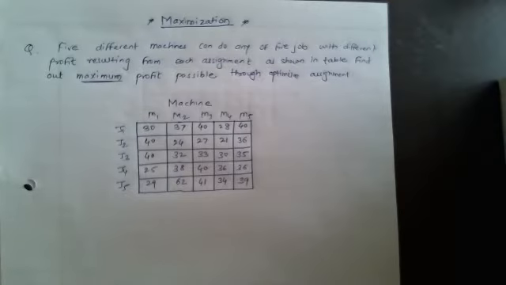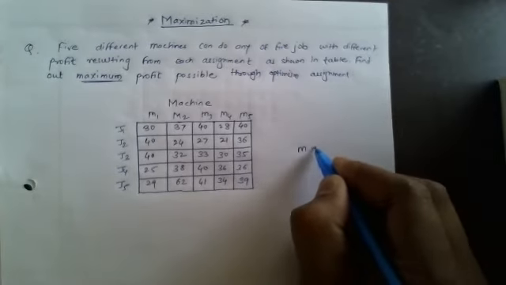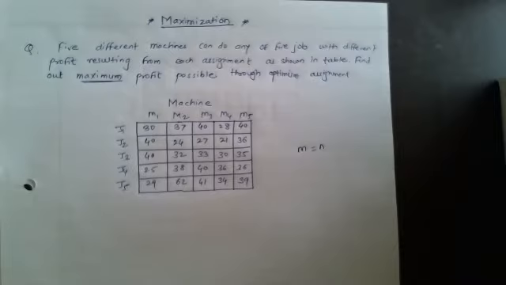So the first step, same thing here, we have to check whether the given matrix is a square matrix or not. Similar to the minimization numerical, what is the first step? Check whether the given matrix is a square matrix or not. In this question, the given matrix is a square matrix. Means the number of rows, let's say m, is equal to the number of columns, m equals m. The condition is satisfied. So this is the first step.